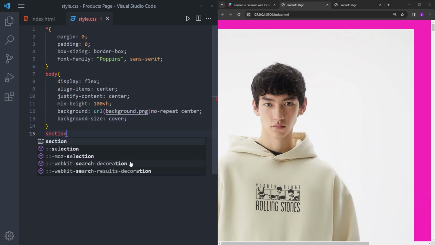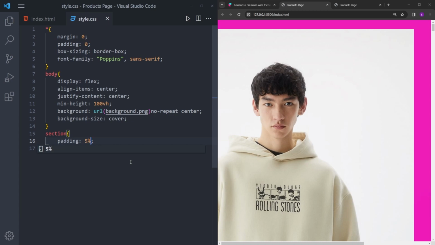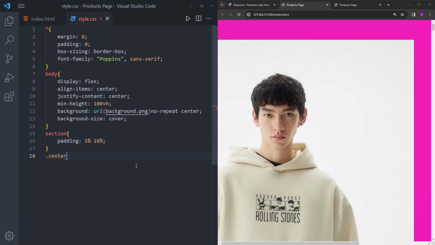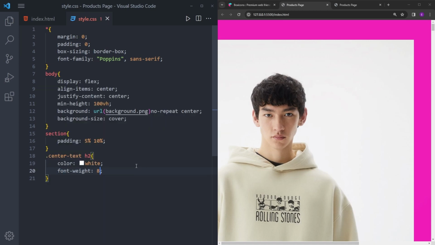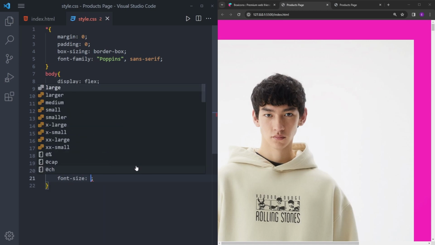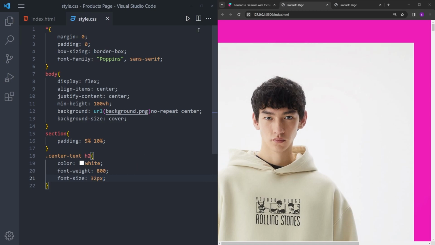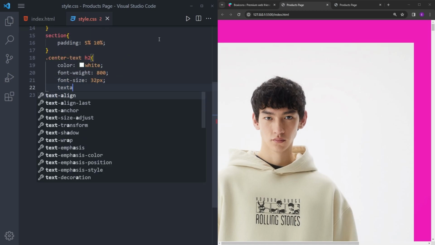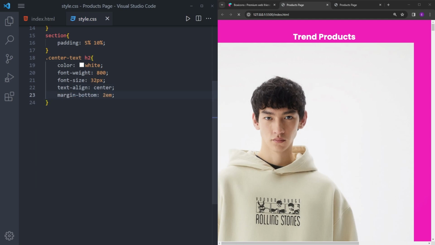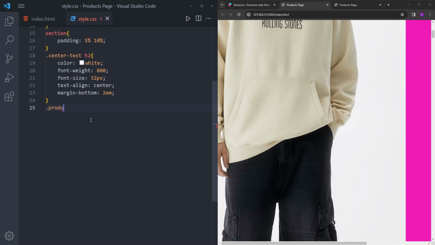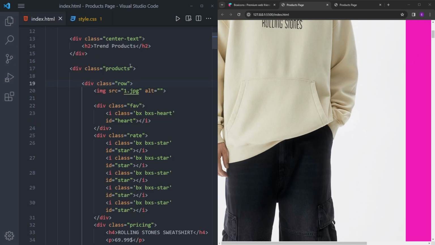And the section, gonna give it a 5% padding at the top and the bottom and 10% on the sides. And the text at the top, gonna make it white, font weight 800, gonna increase the font size to 32, gonna center it and create a little space at the bottom. So the products, which is this div that has the product cards,